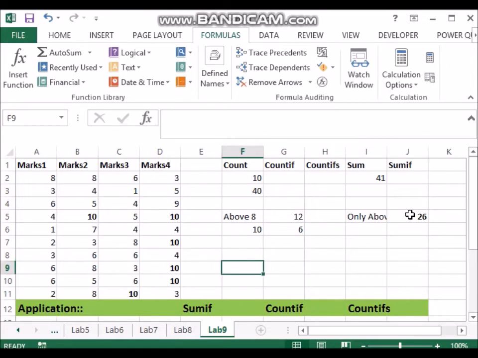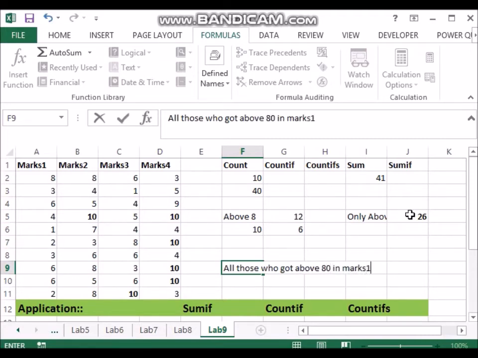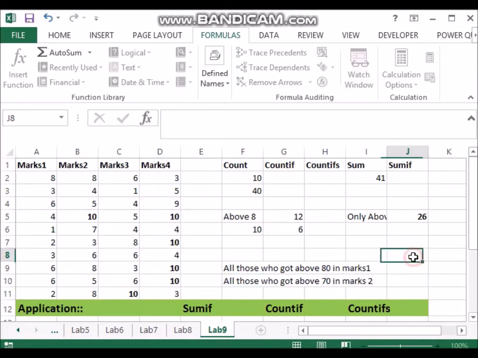The criteria could be all those who got above 80% in marks 1, and all those who got above 70% in marks 2. So there are two criteria and we want to put this COUNTIF into check.